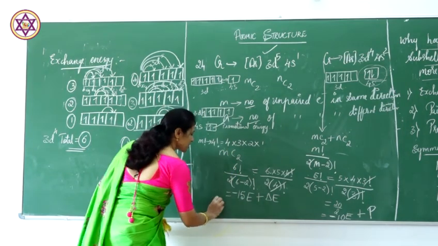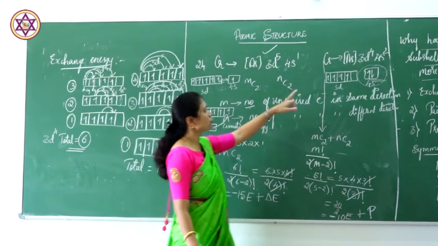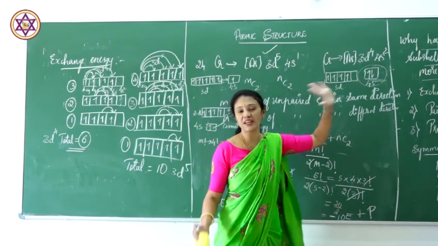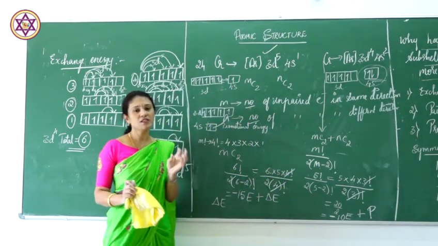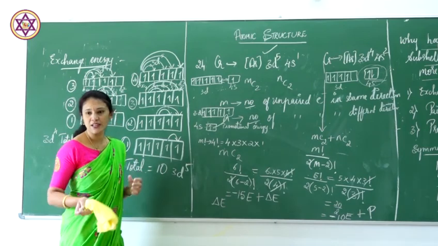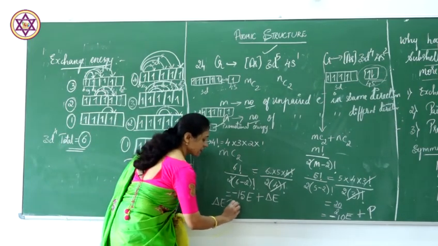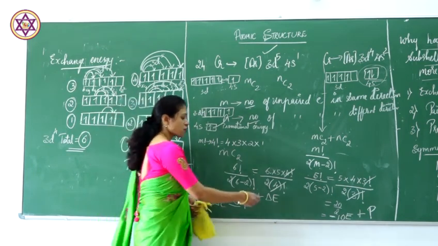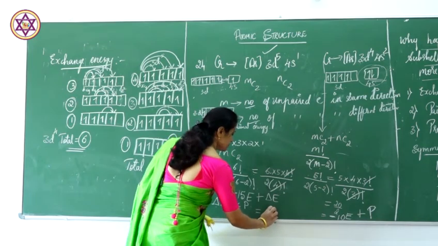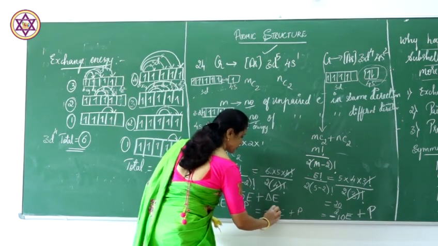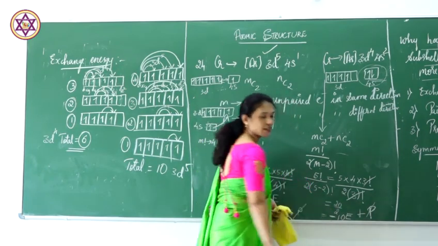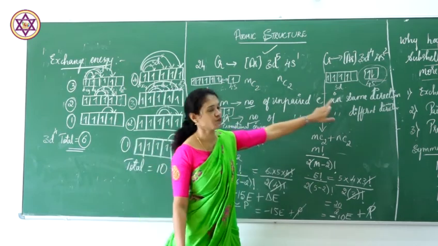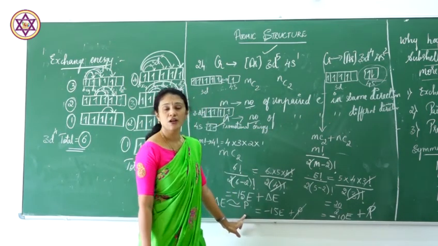Here when you see that delta E, this promotional energy and the pairing energy, they are almost nearly equal because both are requiring energy here. So they are nearly equal to pairing energy. Promotional energy is nearly equal to pairing energy. So this gets cancelled. When you see the amount of energy released in these two, which is more,